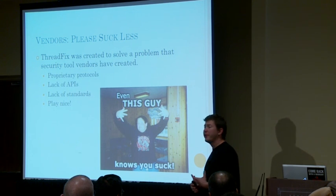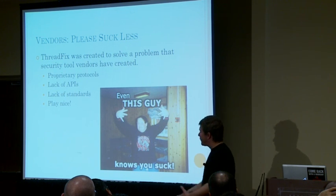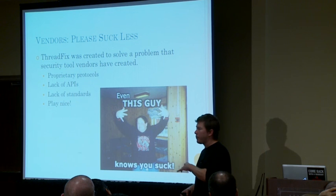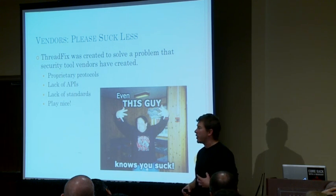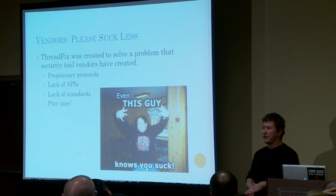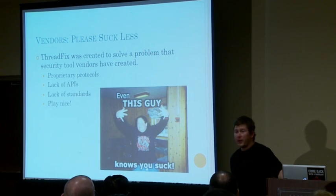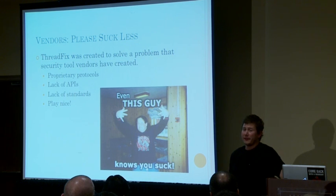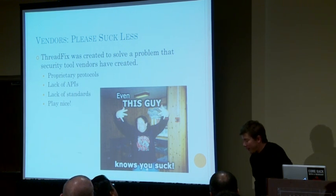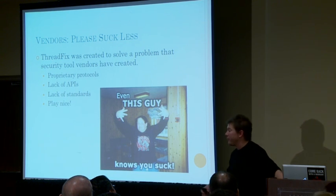Especially in a discipline that is new and emerging, like application or software security, it's obviously evolving and everybody's trying to get their lock on the market. But that approach, we feel, is a very customer hostile approach. To say, the way that we promote software security is that you use all of our stuff and only our stuff. That would be great if only a world existed where you could enforce that on your customers. As a big vendor, the reality that we found is that you can't, and folks trying to adhere to this approach,